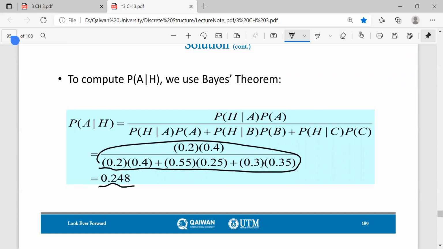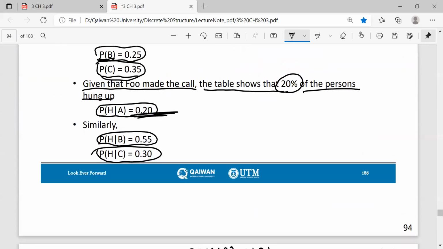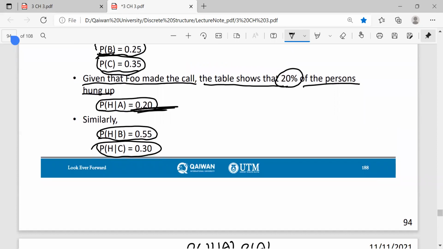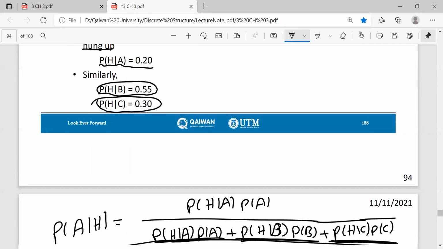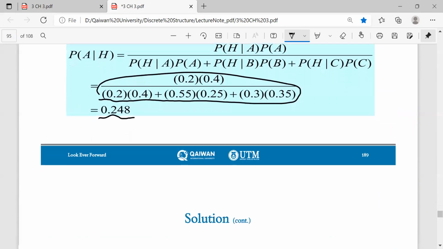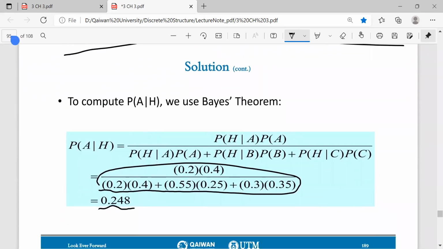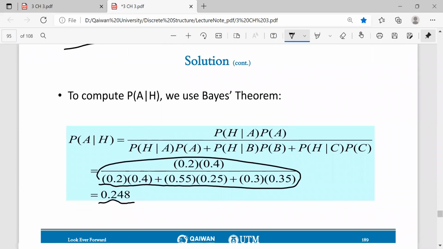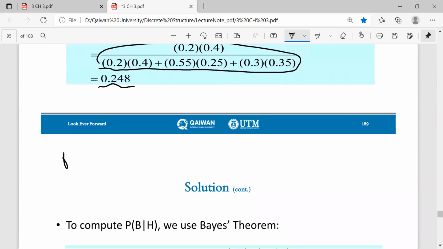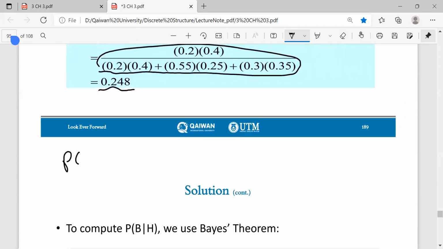But the probability of H given A is 0.20. These are different. So this is Bayes theorem. Then for the probability of B given H,